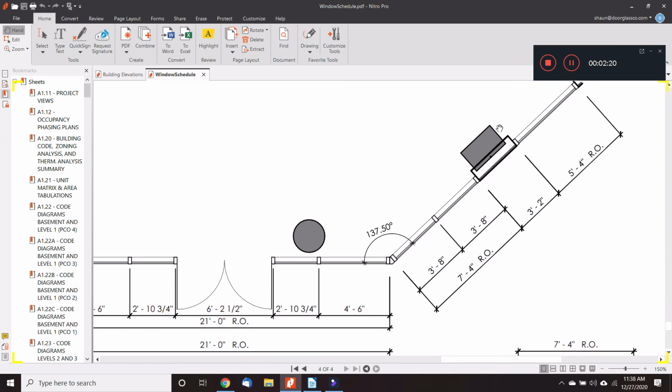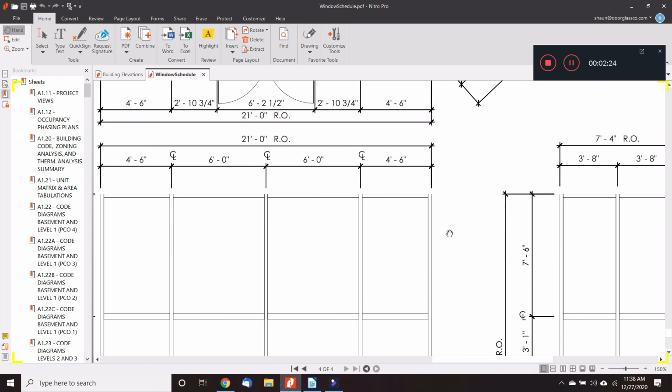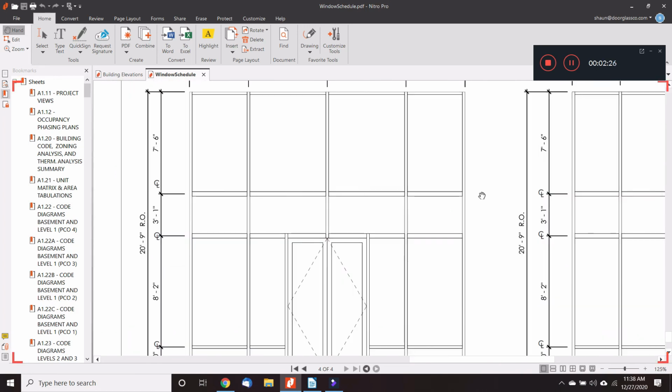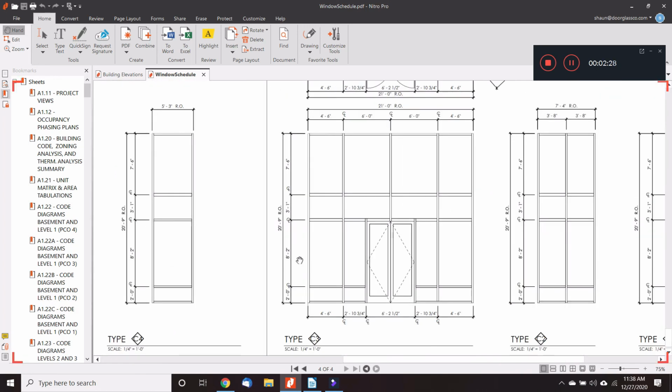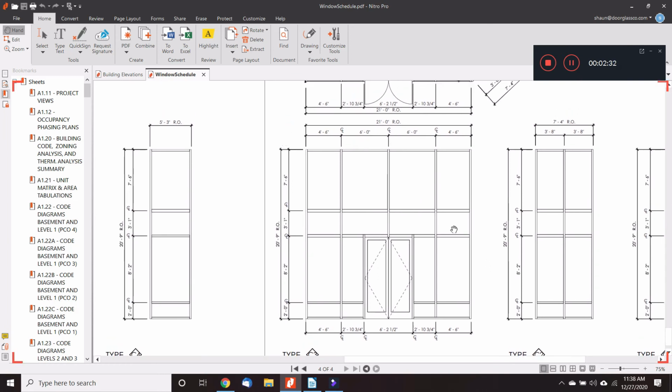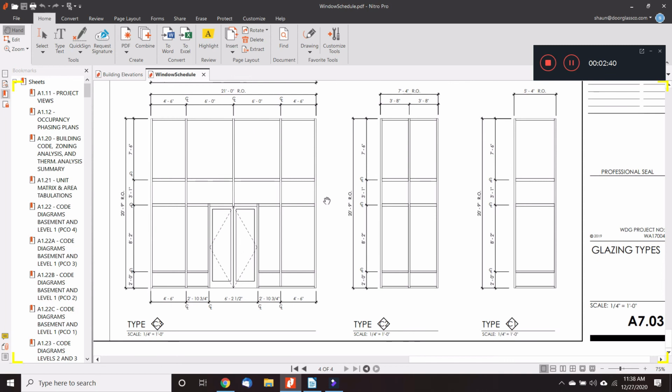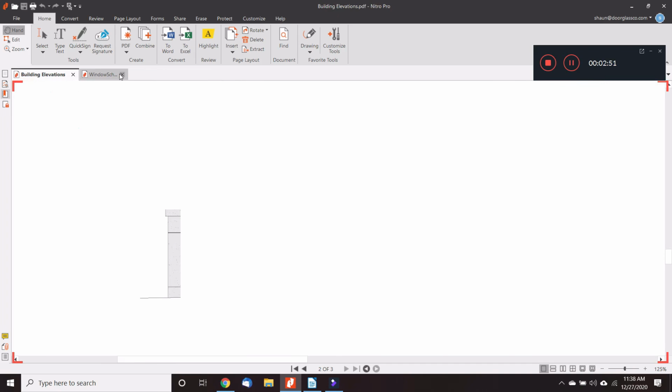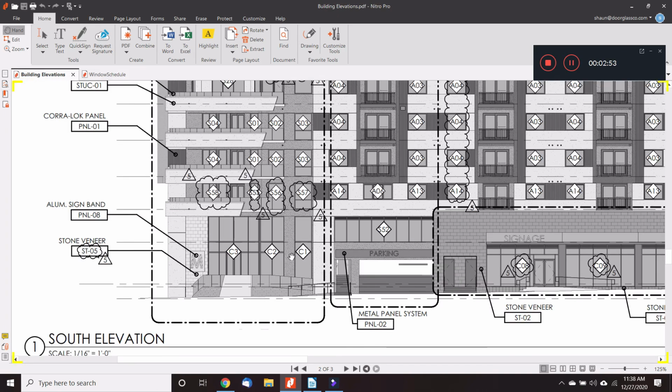So there are some columns in the building that are around these windows. And then the whole thing is dimensioned. So we have the height, we have the spacing between the different sections. That information tells us essentially how the window should be made or constructed. It doesn't tell us, and it's important to look at this too, it's the intended design, right? It doesn't tell us, you see how